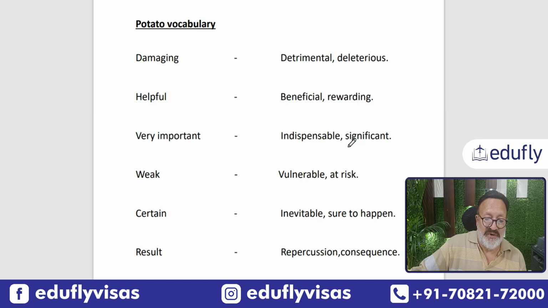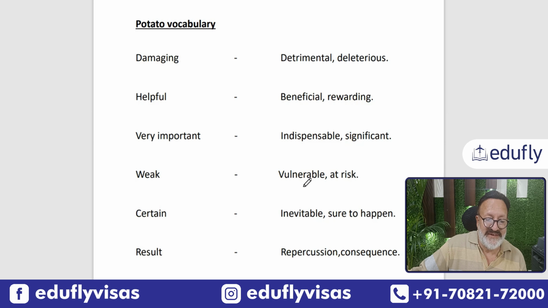Now, if there is a person who is weak, who is at risk, then this vocabulary is very, very good: vulnerable. Vulnerable means you are more susceptible to something. Susceptible is again, you are weak, you are at risk, so you have less resistance for it. So all these we explain with vulnerable.